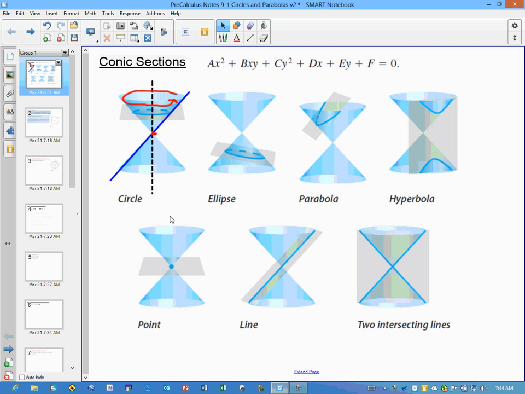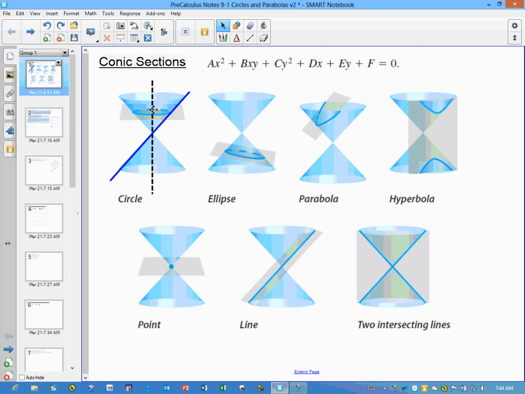Now, all of our shapes for conic sections are cross sections of this double napped cone and a plane that intersects it. And depending on how it intersects it, it will create these different shapes. First of all, if the plane intersects the cone in a way that it is perpendicular to the axis, but not through the center, then it will create a circle. So if we get rid of those, you can see that it's going to create this circle right here